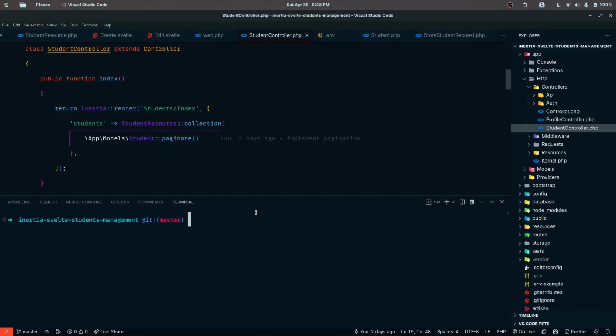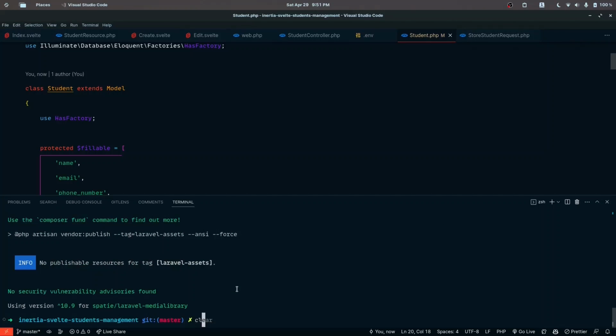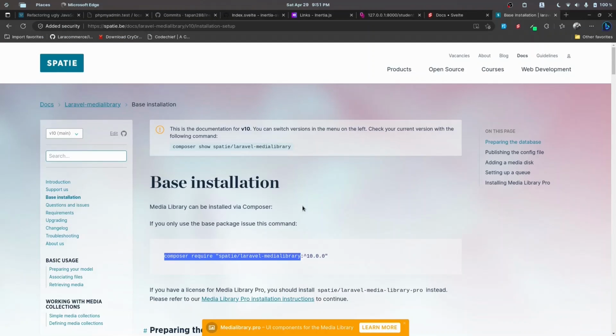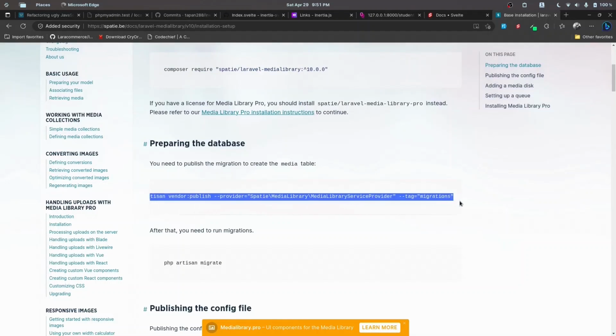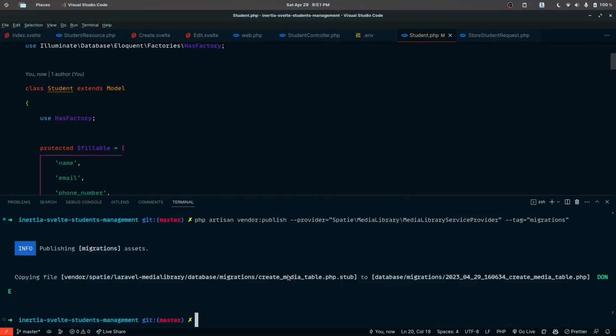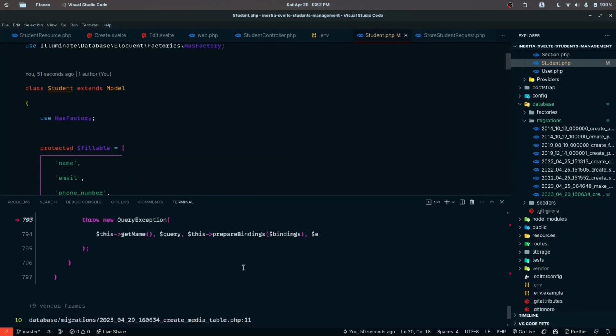Let's open up the terminal, and I'm going to type, okay, we already have that. composer require spatie/laravel-medialibrary. Let's hit enter, and that seems good. There are a few installation steps that we need to perform. So let's publish our migrations. That's done, and we also need to migrate. Okay, this is also